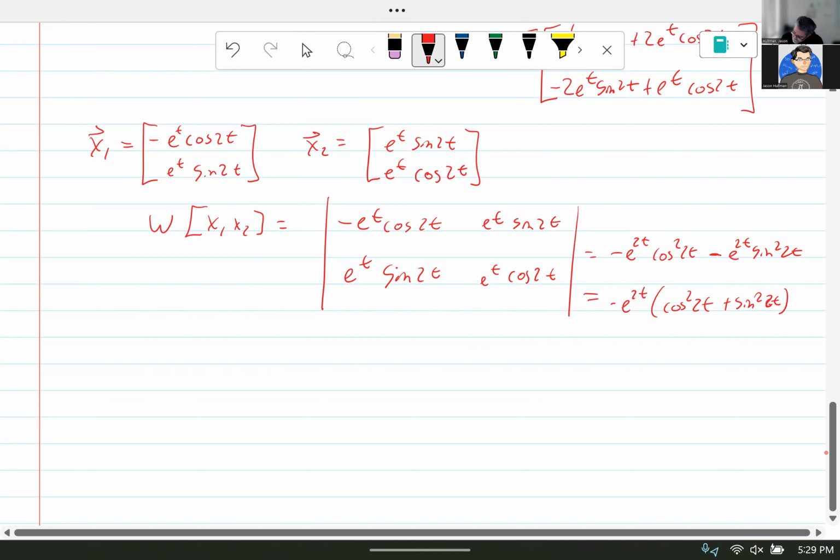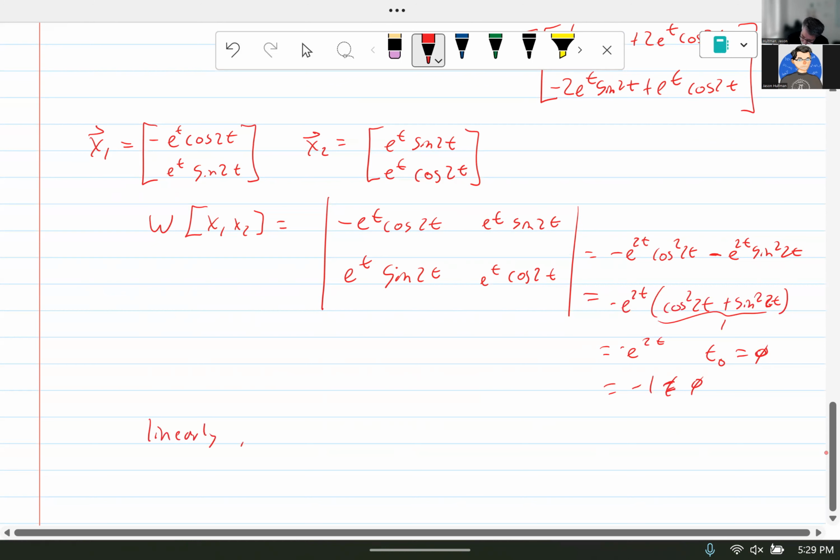And this thing is equal to 1, so this just equals negative e to the 2t. And is there some t naught? If I let t naught equal 0, then that just becomes negative 1, which is not equal to 0, which tells me that they are linearly independent